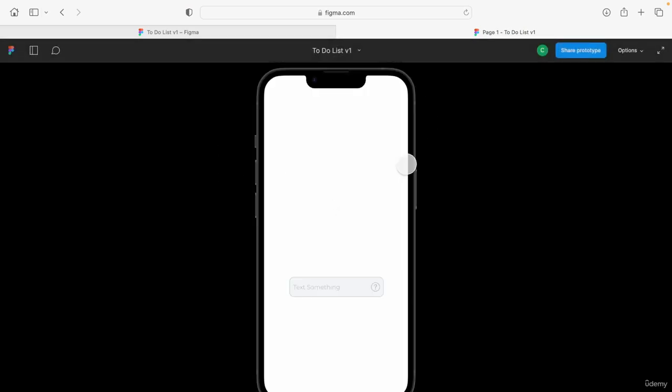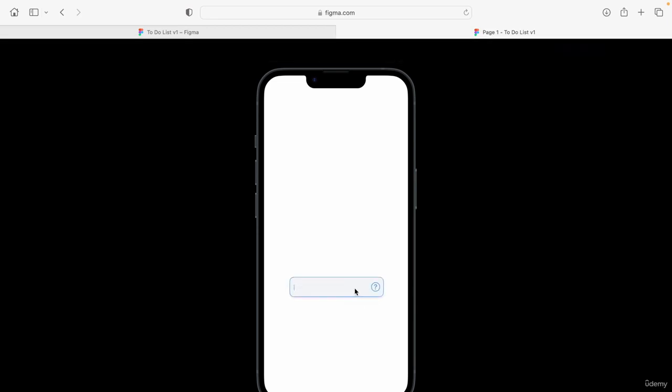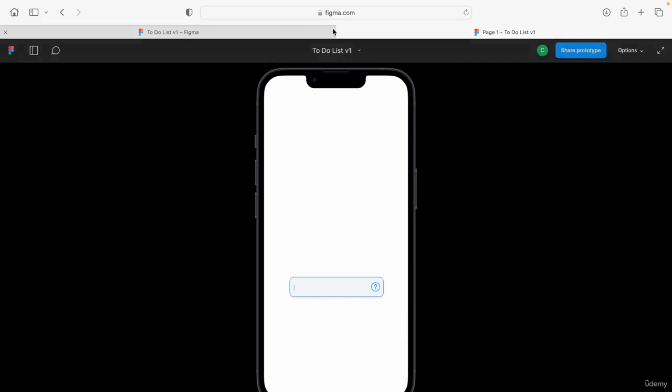It basically creates this real screen, I guess. See, when I tap, it changes to typing state, like active. Probably I'll be making the stroke a little bit bolder